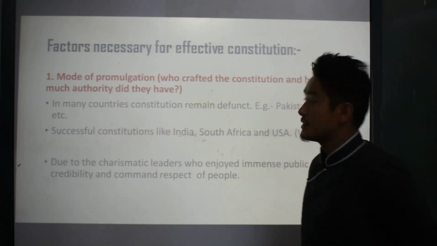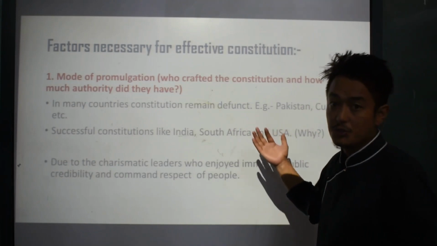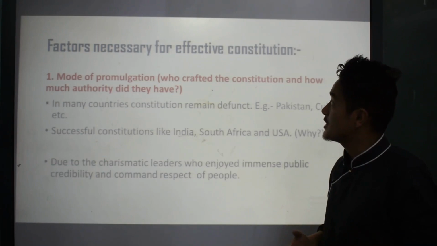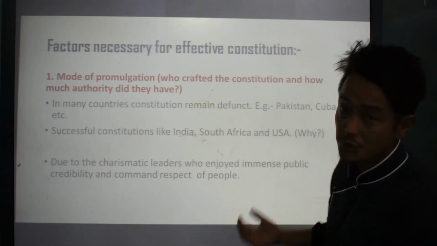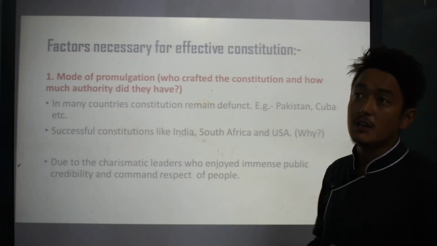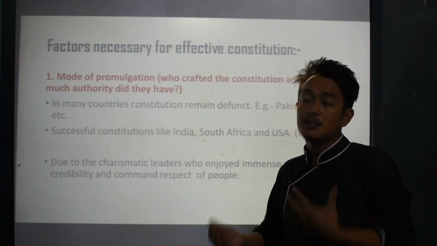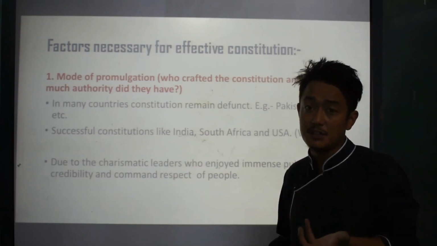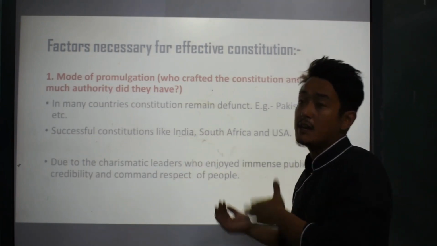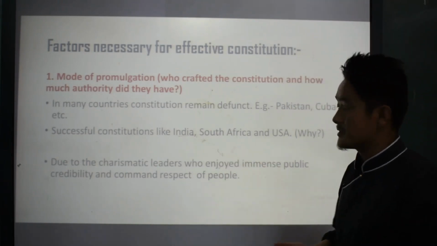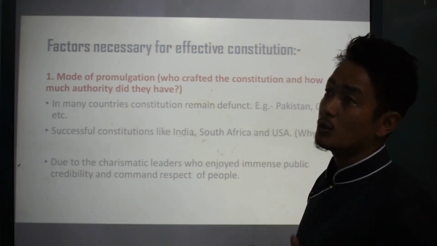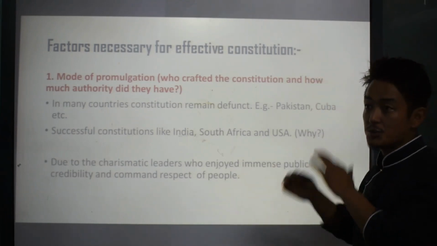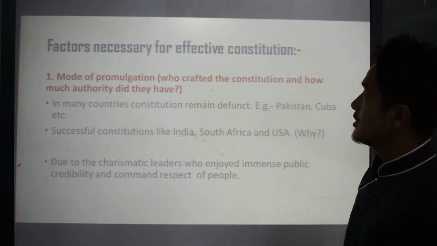So in this slide, we are going to discuss factors necessary for an effective constitution. In other words, we are discussing the importance of the constitution, how the constitution gets its authority. Now everyone knows that the constitution has a certain authority over the members of this society as citizens of the country. The constitution has authority over the citizens, right? But why does it have authority over us? So it is important to understand the authority of the constitution towards the members of the society.